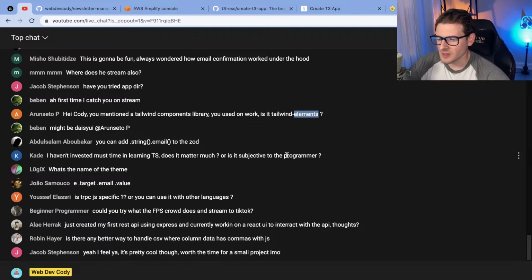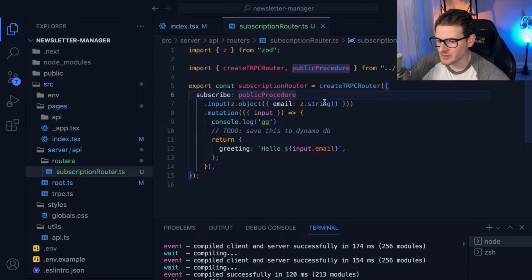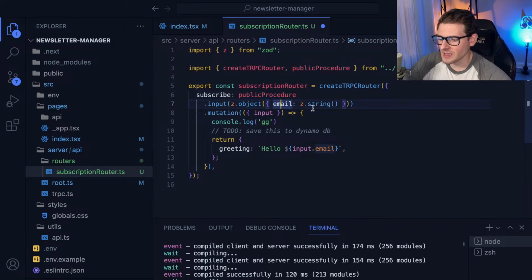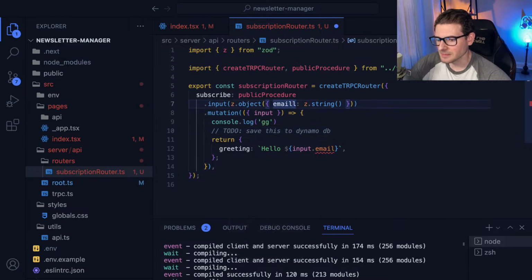There's been times where I wasted almost a full hour because I typed something incorrectly. Like I left off an S when it was emails instead of email, and I spent an hour trying to debug why my endpoint has undefined somewhere. And it's like, oh, because I forgot to add an S, or I typed an L by accident instead of an I here.